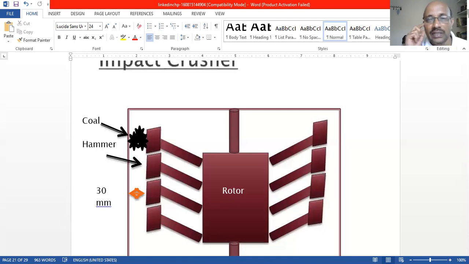At the same time, there are advantages as well as disadvantages. Whenever there is high maintenance cost, maintenance cost is more, but skilled operators are not required. Anyone can handle these systems. Whenever there are impact crushers, like double roller or single roller crushers, skilled laborers are required over there.